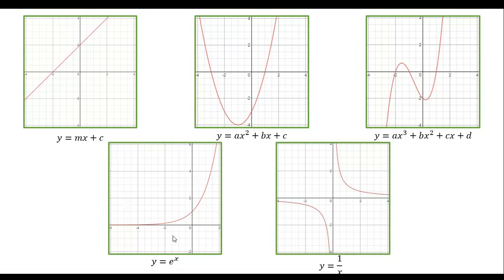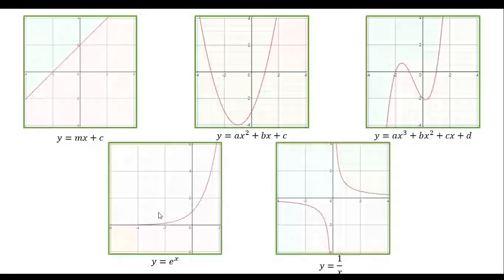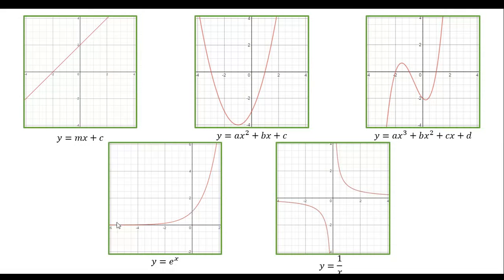Down here, we've got the exponential graph. So y equals e to the power of x. So this one is also quite recognizable. One of the main features is that we've got an asymptote, it's called here, at the x-axis, so y can never be equal to 0. So this graph gets infinitely close, but it never actually touches the x-axis,